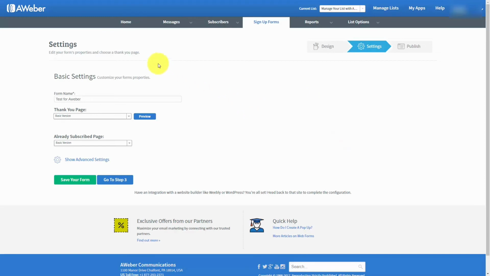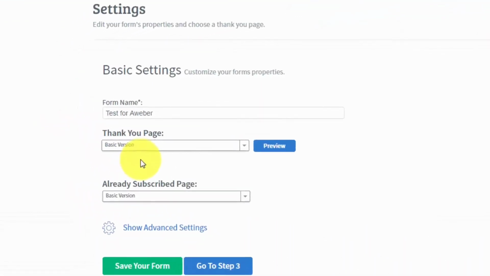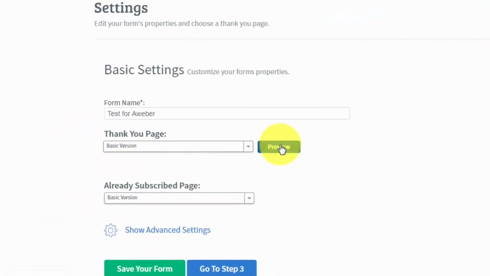And what you're going to notice is that there is a thank you page that you get to customize. This thank you page appears as soon as your client types in their name and email address. Now we can preview that page so that we can actually see what it looks like. It is instructive to do because you'll want to determine which of these thank you pages you actually want. Now you will see that there is a basic version, and you can click the preview button to actually